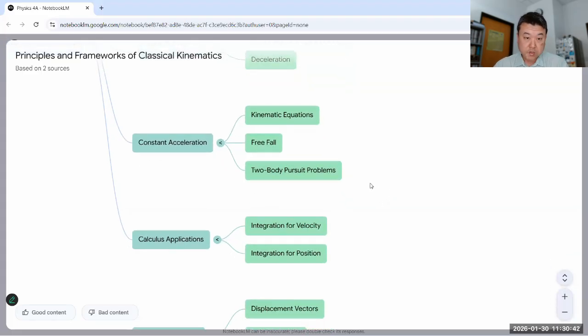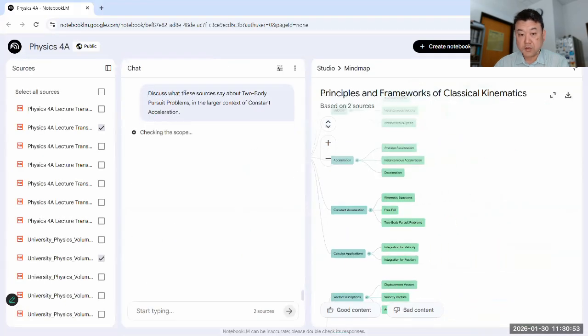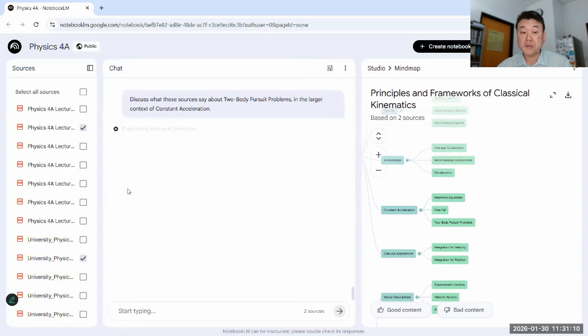So one of the ways in which you can use the mind map is if you click on this, that'll start a new chat. As I click on it and start a new chat: discuss what the sources say about two-body pursuit problems in the larger context of constant acceleration. This chat simply uses whatever sources are selected at the moment. It doesn't actually go back to the sources that the mind map is based on. So you have to make sure that you select the relevant sources first before you use the mind map in this way to have